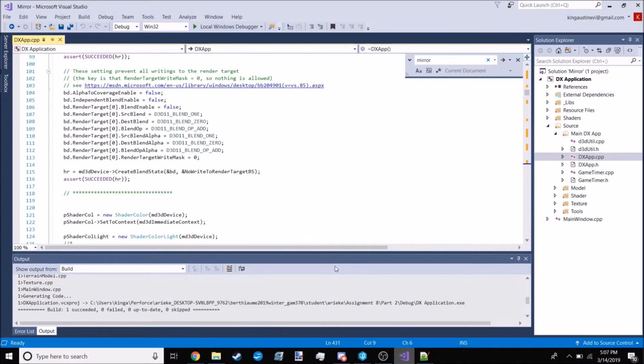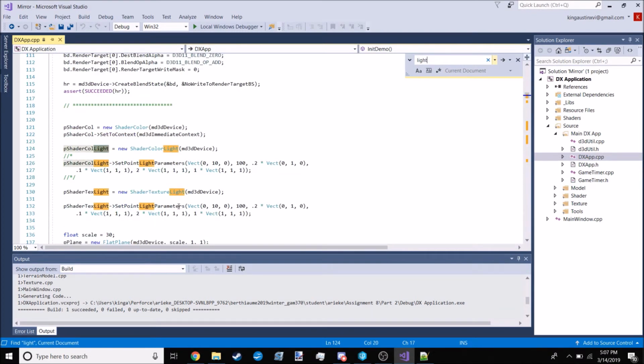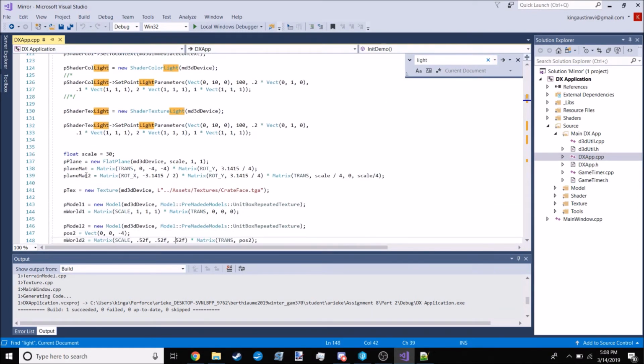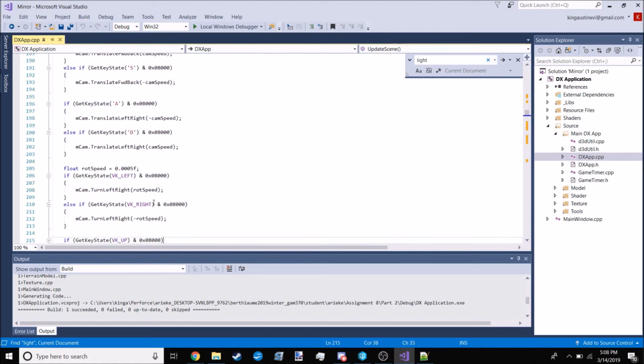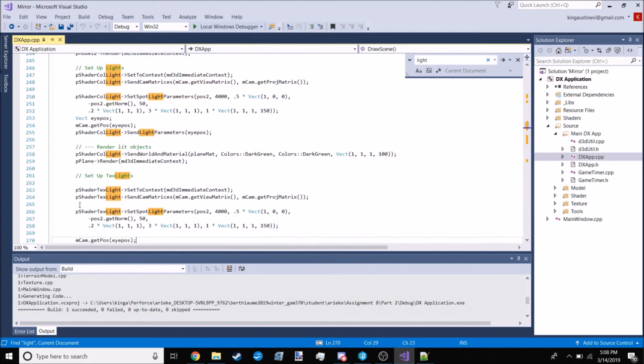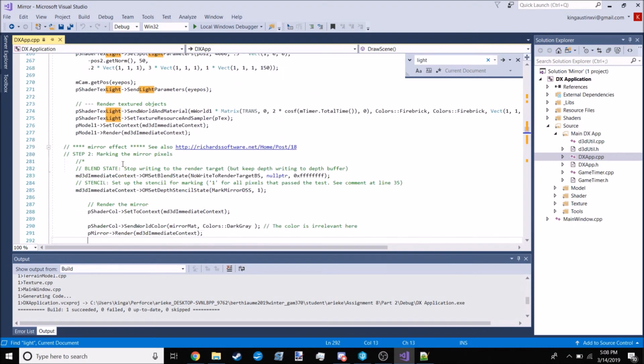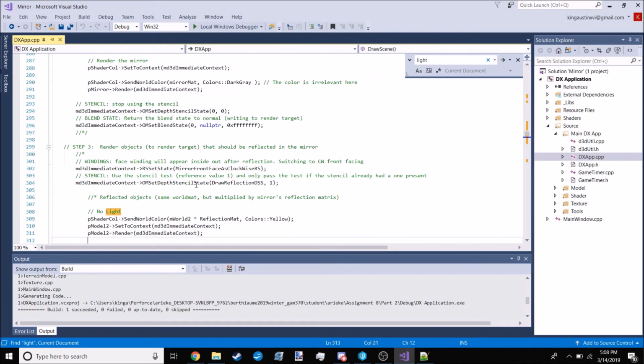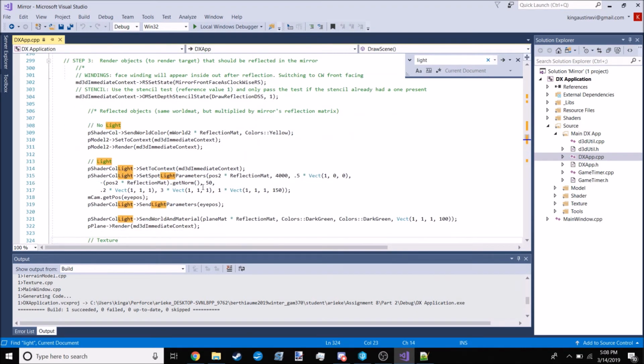It's basically just the call in here, wherever I would set point light parameters in the mirror itself. Let's see if I can find it. So take all these, essentially, or all these rather, where is it? Yeah, here we are. The ones that are actually different inside the mirror, and put those in a separate function